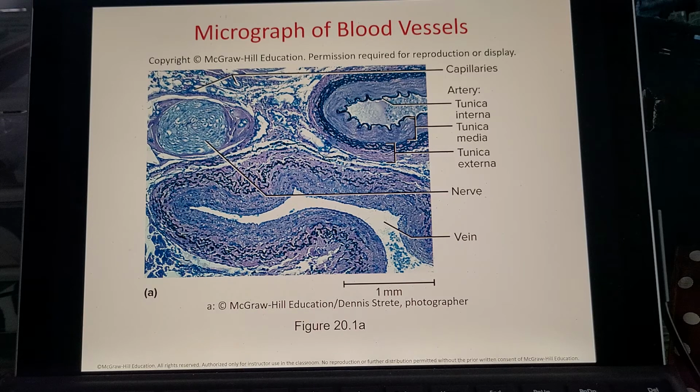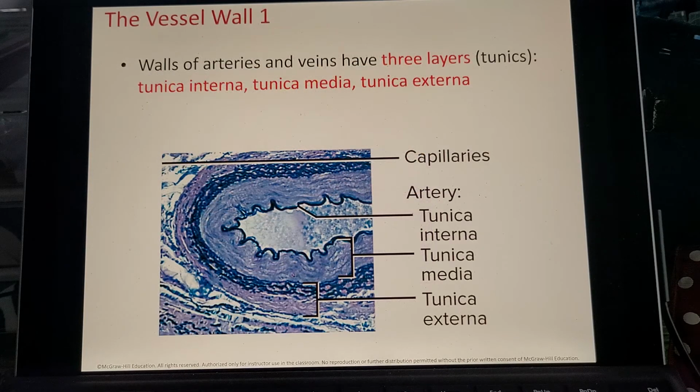Okay, now we're going to look at the structures within the blood vessels. We have different layers of structure for the blood vessels, especially for your larger ones. We have 3 different layers or tunics: the tunica interna, tunica media, and tunica externa. Interna is the one on the inside, media is the one in the middle, and tunica externa is the one on the